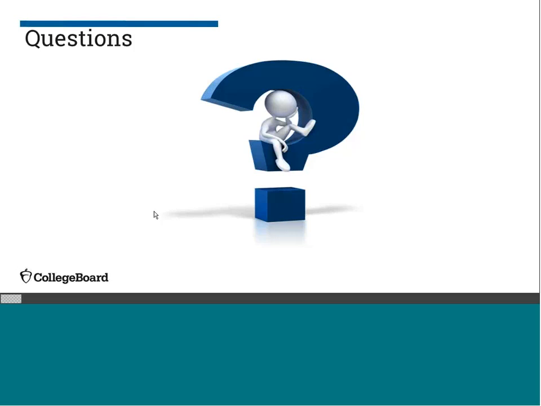Let's see if we have some other questions. One question that came in is, is there a way to get consent forms before March 12th due to spring break? So we will be posting, and I don't think it's up there yet, but we should within the next week or two have the consent forms posted to the collegeboard.org/Colorado website. So if you want to get a look at that ahead of time, you could download the PDF version so that you could print and distribute ahead of time if that helps get it out to students.